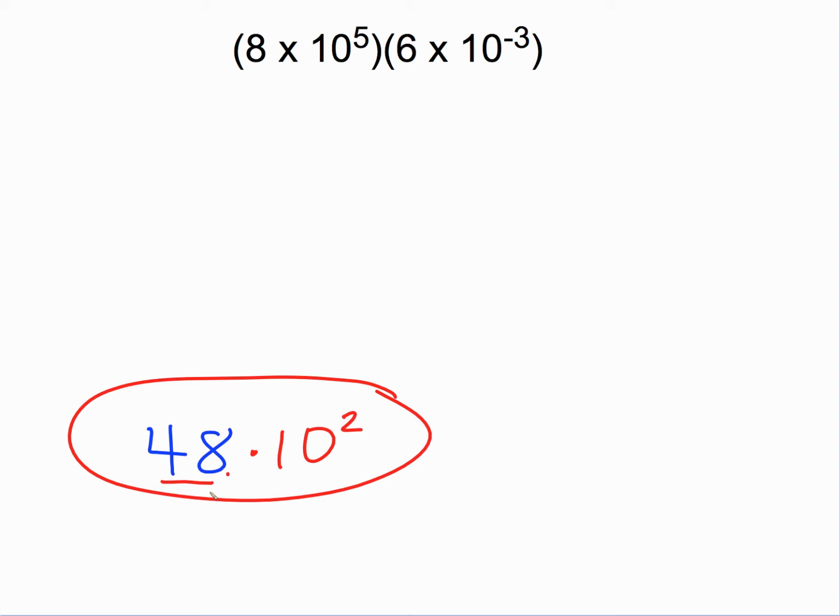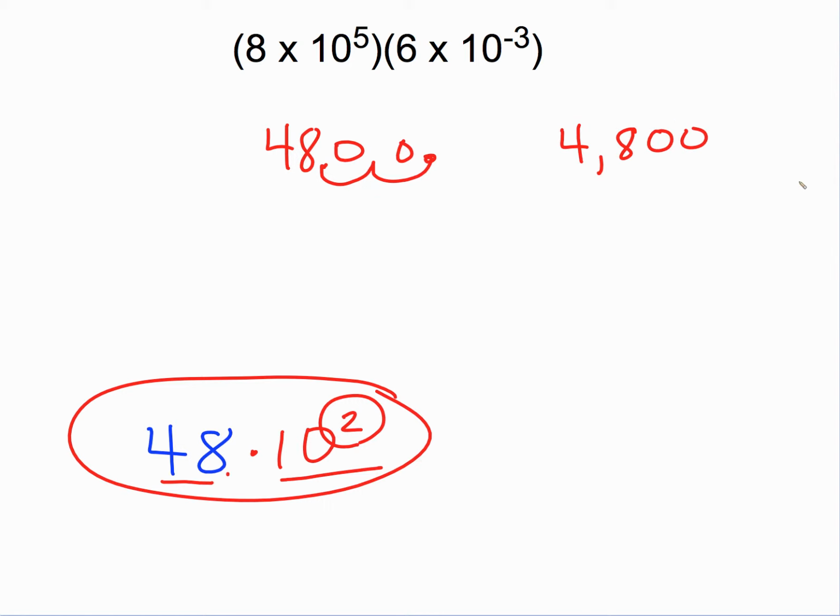So to change that, let's first change it to standard notation. If I have 48 times 10 squared, my decimal's currently here, and times 10 squared tells me to move the decimal. I want to make this number bigger because this is positive 2. So I will move the decimal to the right 2 spaces. And that becomes